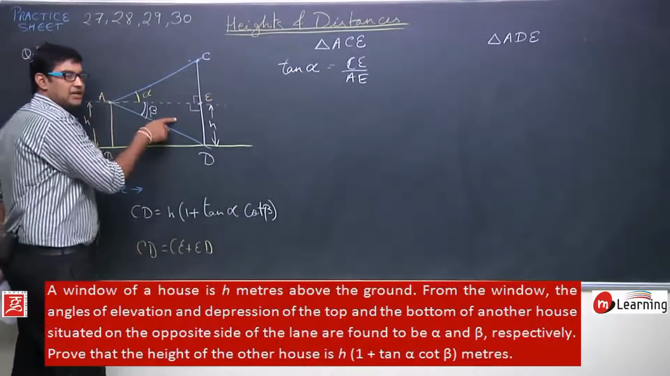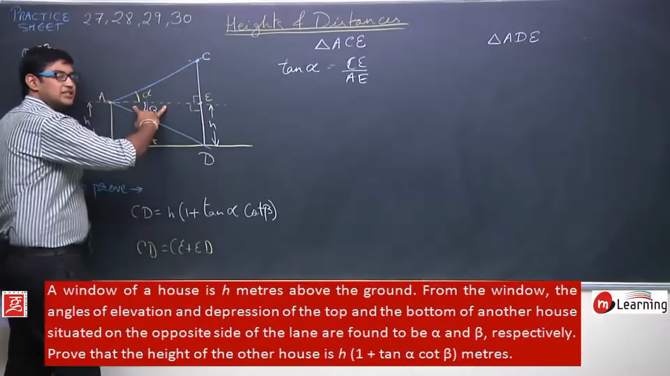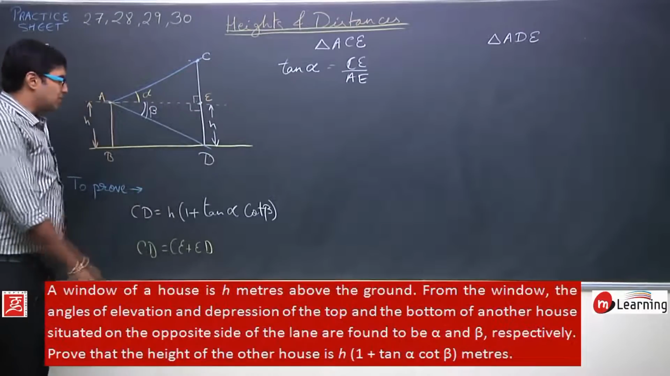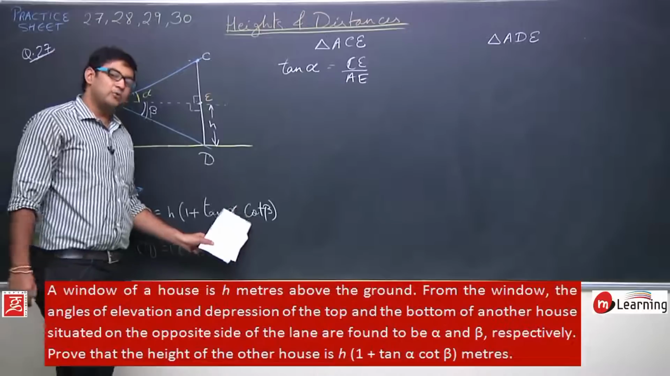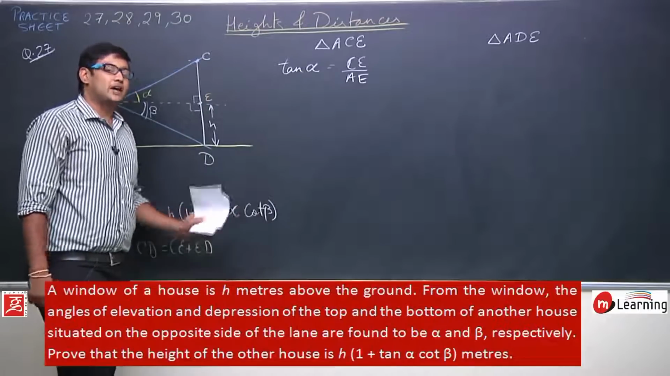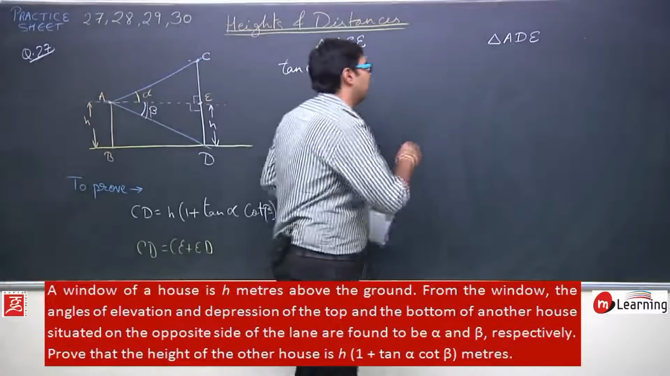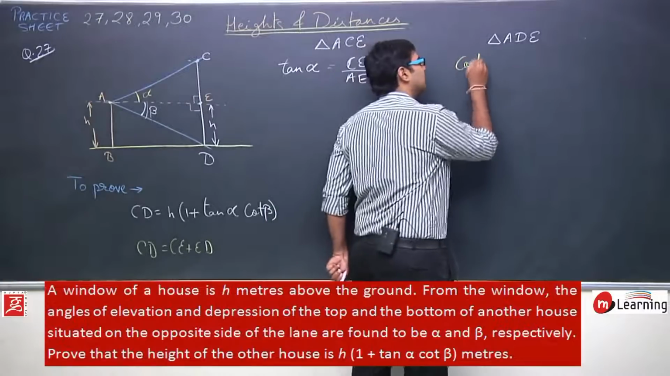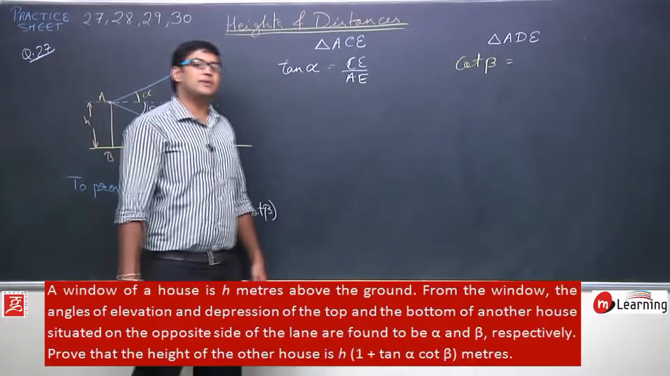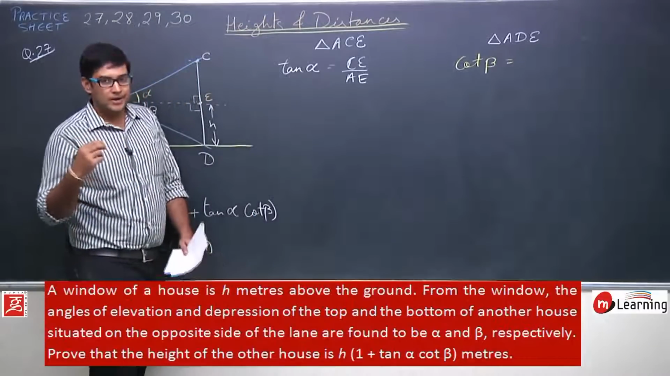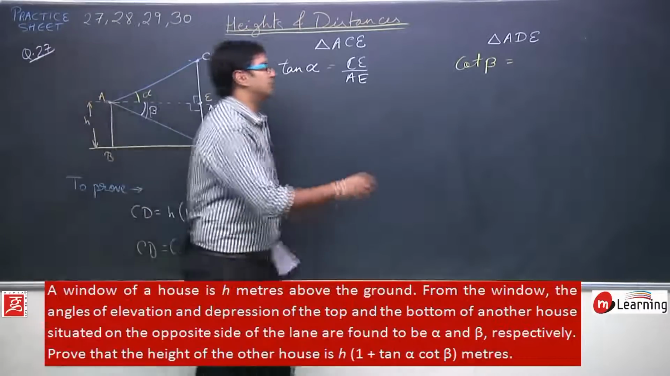With respect to this angle, this ED represents the perpendicular and this AE represents the base. Now which trigonometric ratio should I calculate? I can see in the proof I have cot of beta. So that's why I will calculate the value of cot beta. What will be the value of cot beta? Cot beta is base upon perpendicular. With respect to this beta, AE represents the base. So this will be AE